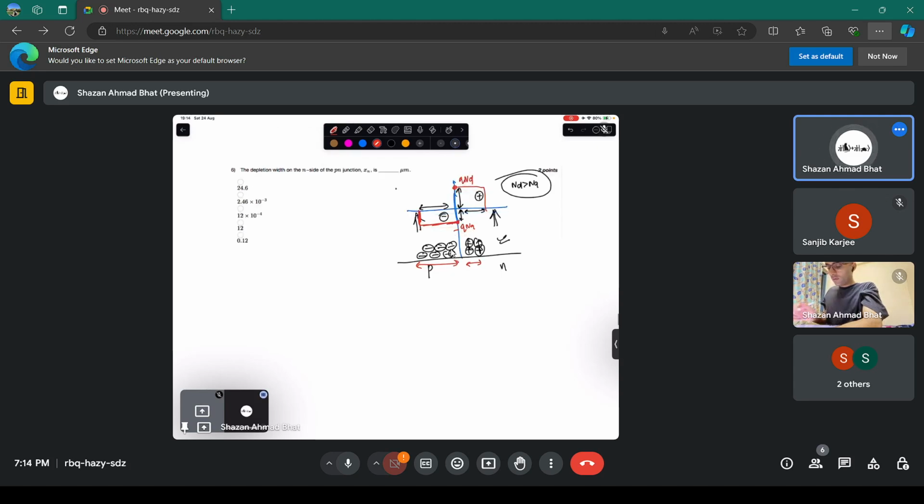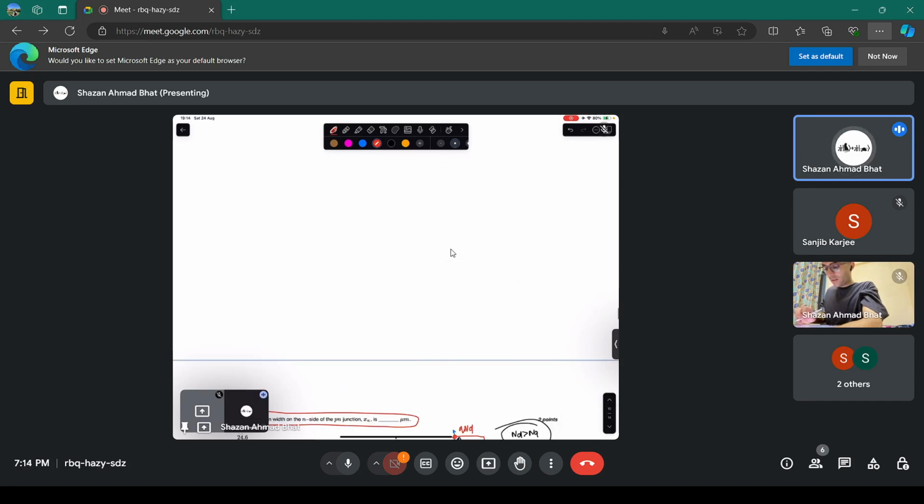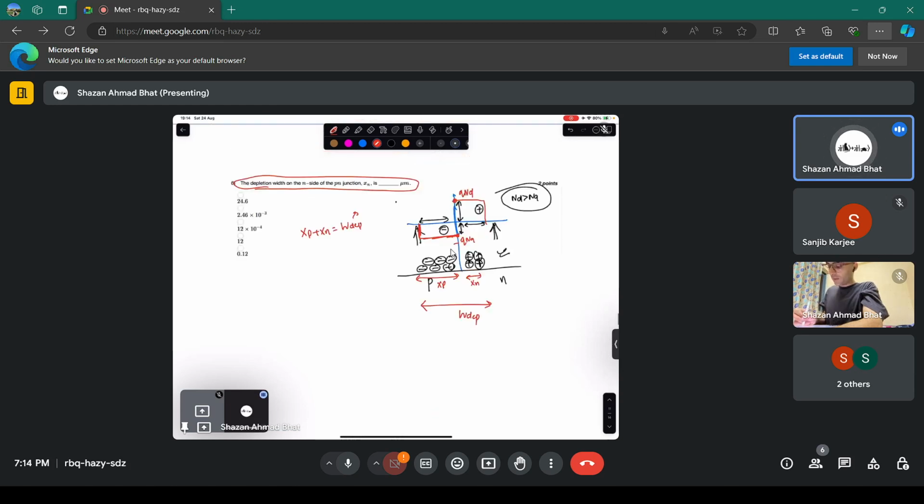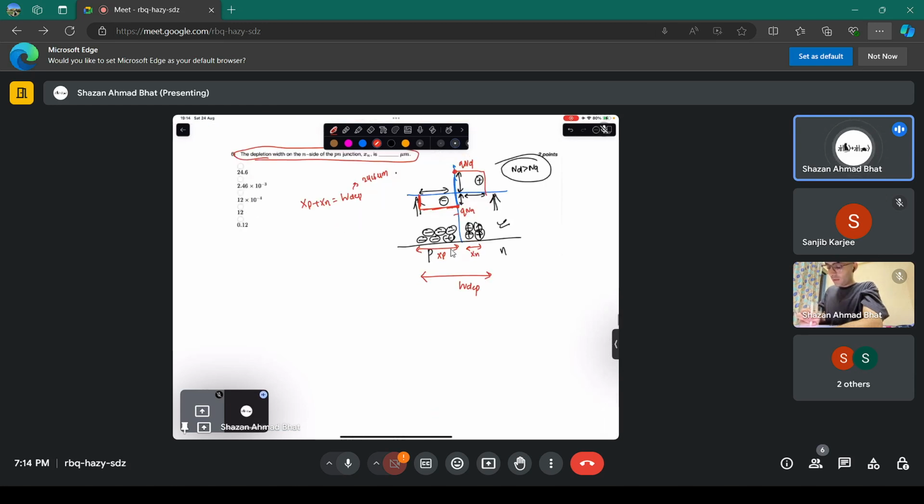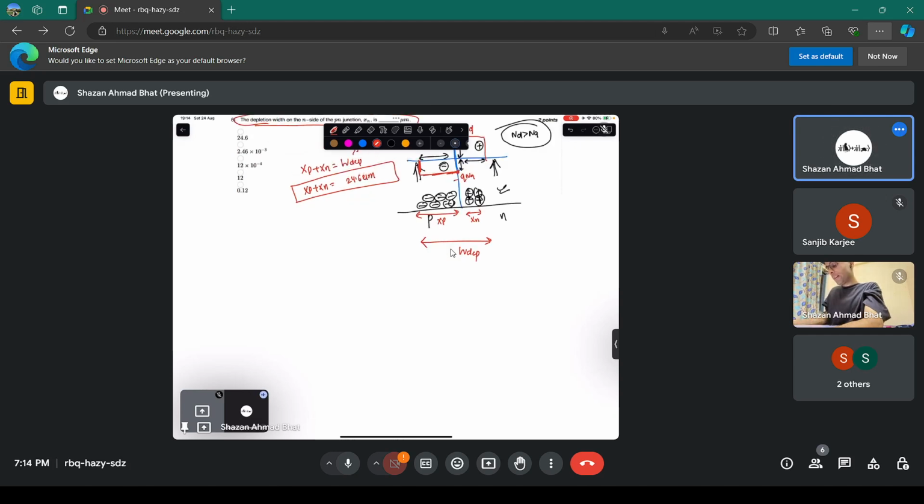All right. So we have to find the depletion region width. We know that if this is XP, this is XN, then XP plus XN is equivalent to the overall depletion width. That is this thing, the depletion width. And I guess the depletion width is given as 24.6 micrometers. Then we can write XP plus XN equals 24.6 micrometers. We have this equation, but we have two variables. We need another equation, or we need to replace one variable in terms of another. How are we going to do it? We know that because of neutrality